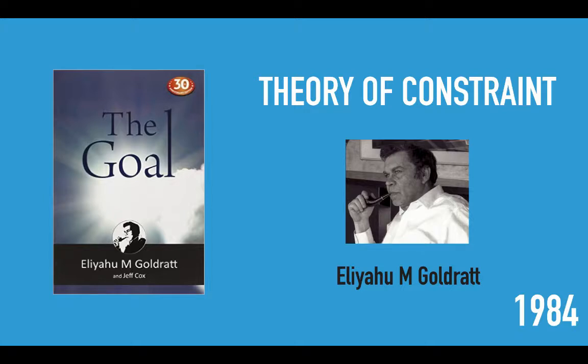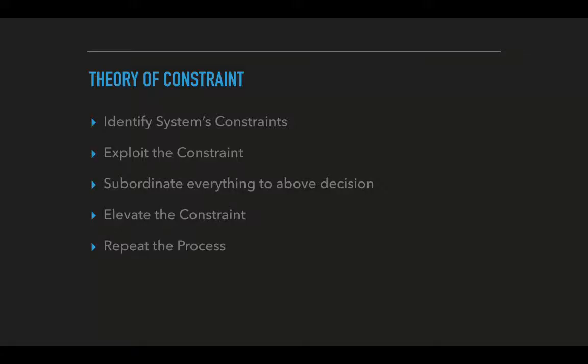The other thing that happened in 1984 was this book called The Goal, and it's actually a fantastic book. Anybody who wants to learn about some management philosophies or how to optimize your organization, you should definitely read this. This is a fantastic book, where Eli Goldratt talked about something called the theory of constraints. And again, theory of constraints was in parallel to what TPS did as well, right? And it talks about